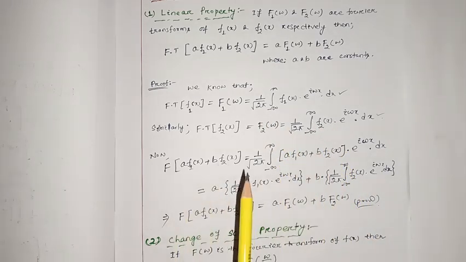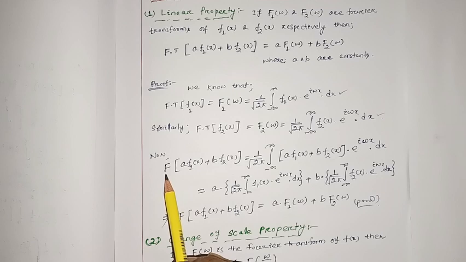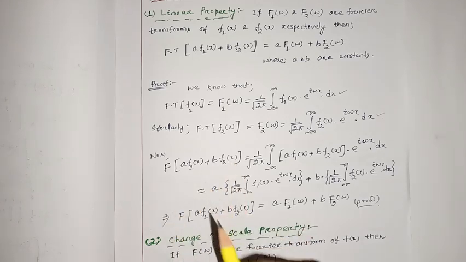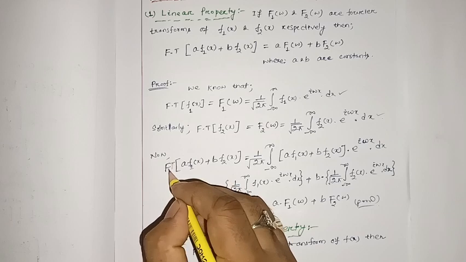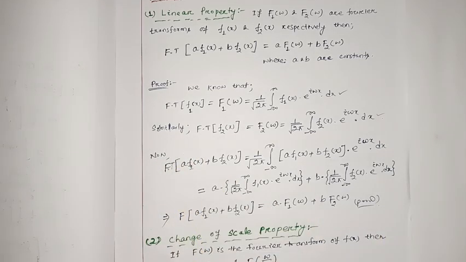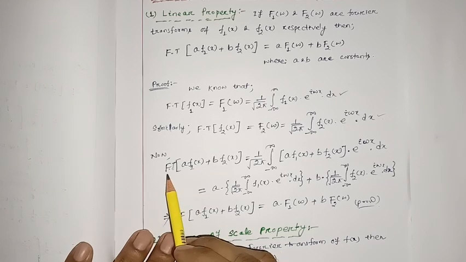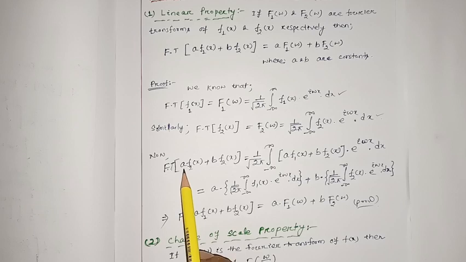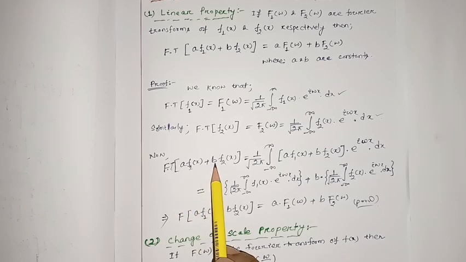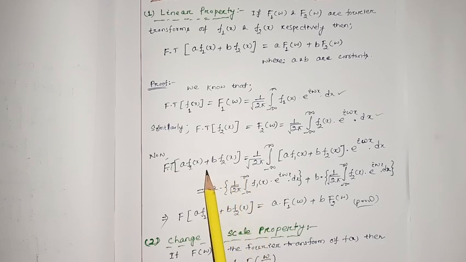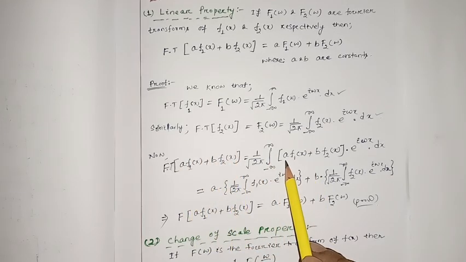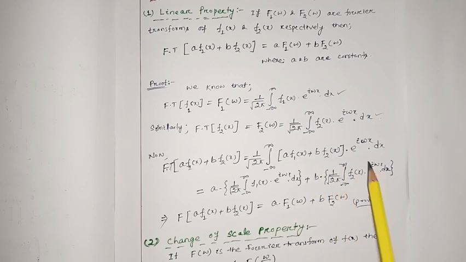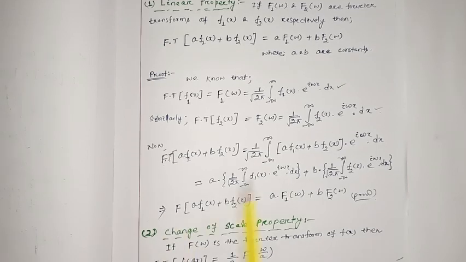Now we are going to consider the Fourier transform of a f1(x) plus b f2(x). If we consider the Fourier transform of a multiplied with f1(x) plus b, another constant, multiplied with f2(x), then what we can write is 1 by root 2 pi times the integral from minus infinity to plus infinity of the entire function, that is a f1(x) plus b f2(x), into e to the i omega x dx, which will be